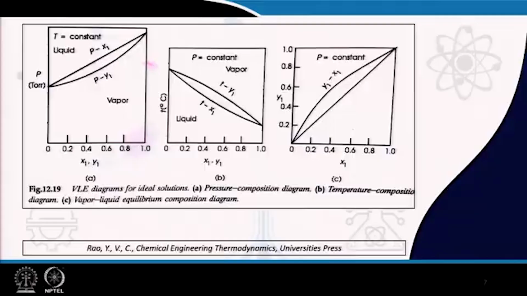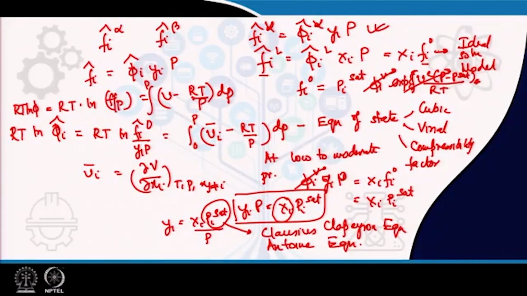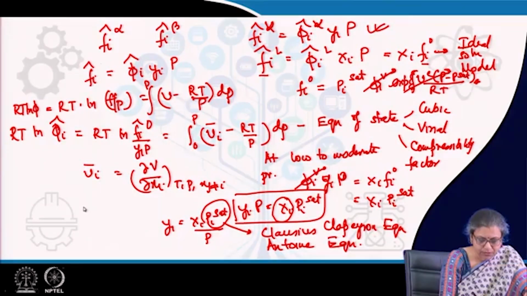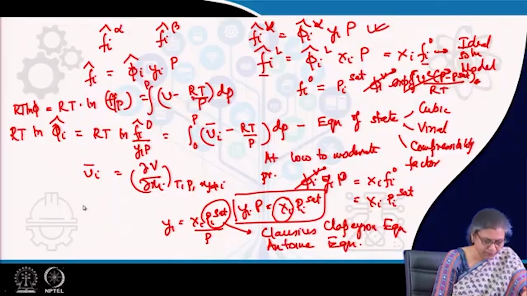Before that, I had already mentioned to you that, if we just refer to what we had just done, we had ended up here from where we can find out yi as a function of xi. And normally when we are dealing with vapor liquid equilibrium, if you see that for this particular state,